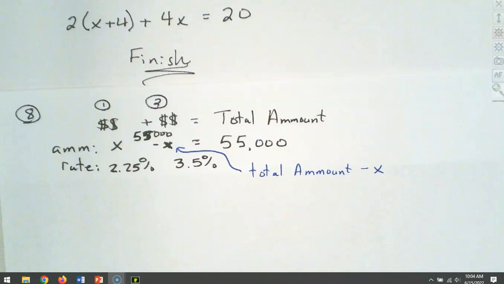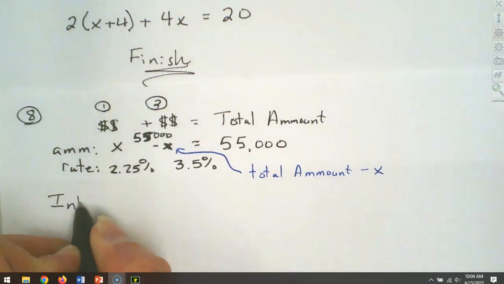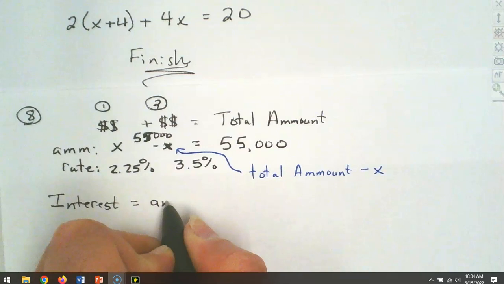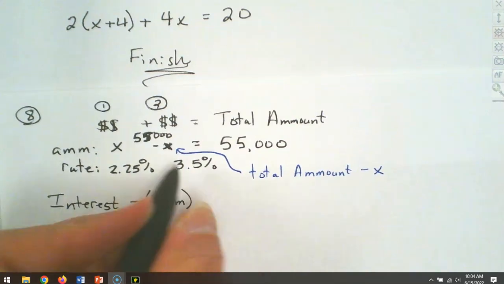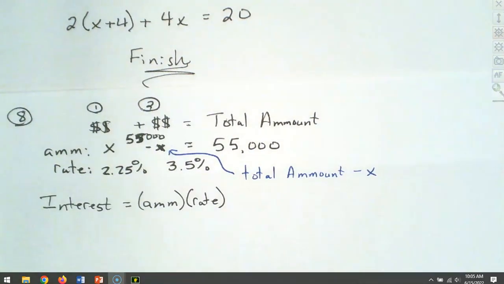And then once you have that equation built, then you can solve it. So let's go ahead and build our equation. We're going to talk about the interest here. And interest is the amount times the percentage rate